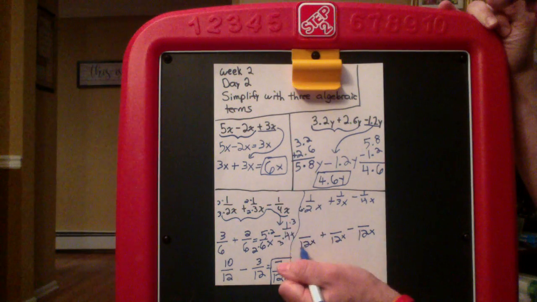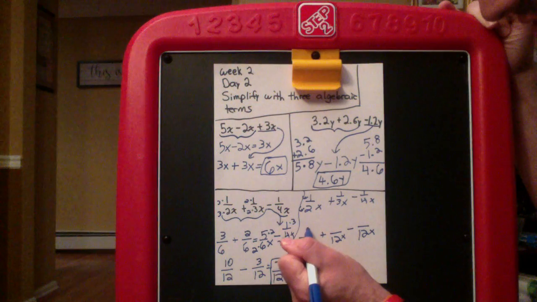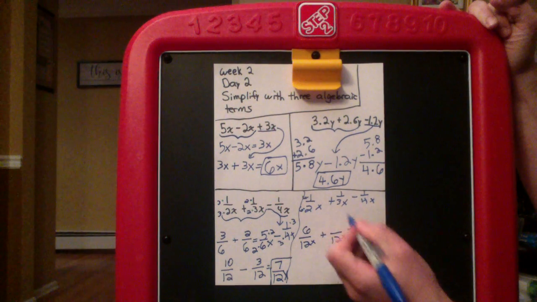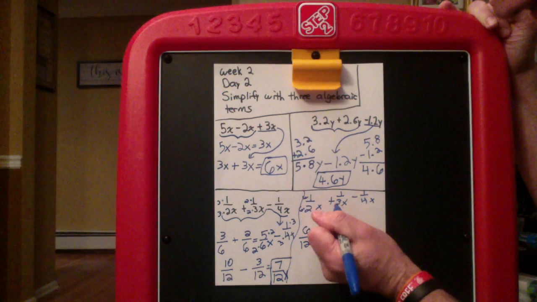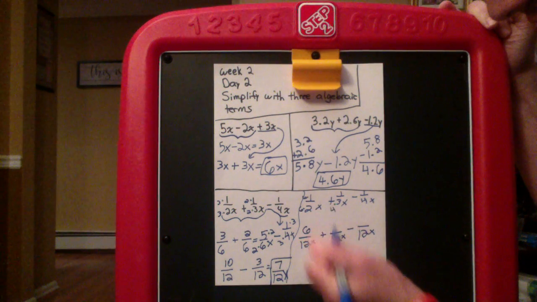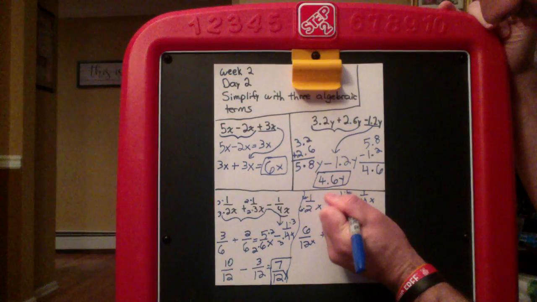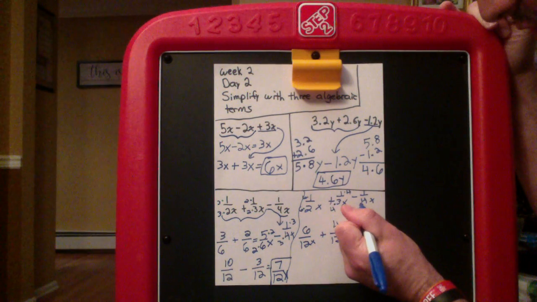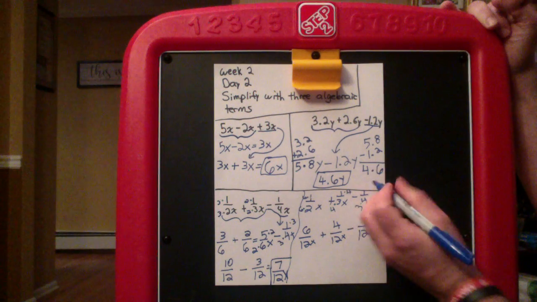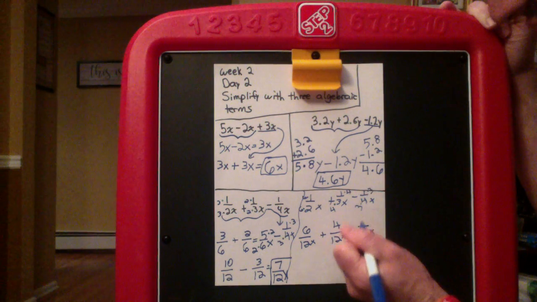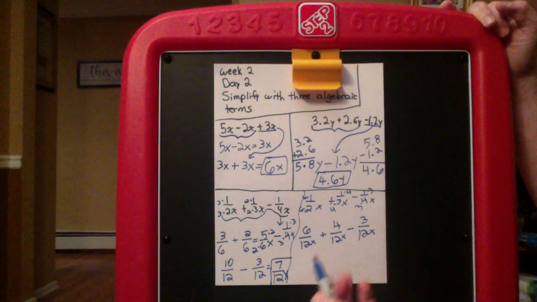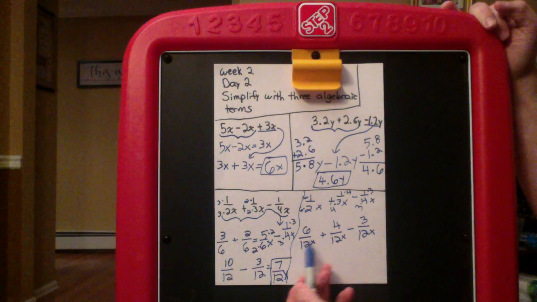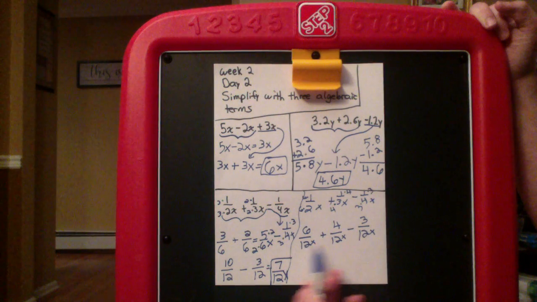6 times 2 is 12. 1 times 6 is 6. Now I'm just doing the same thing as when we're adding fractions. 3 times 4 gives you 12. So 1 times 4 gives you 4. 4 times 3 gives you 12. So 1 times 3 gives you 3. So now you have another expression,